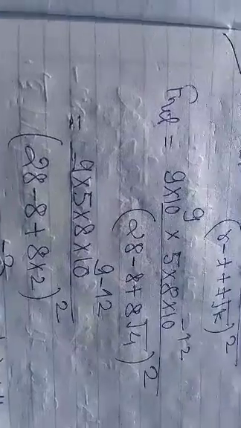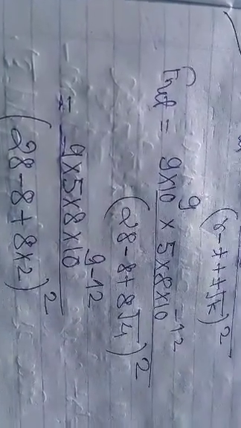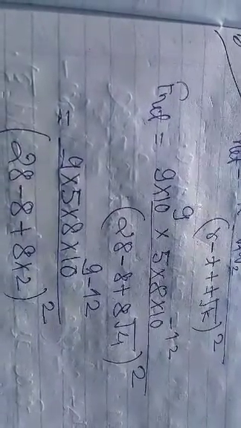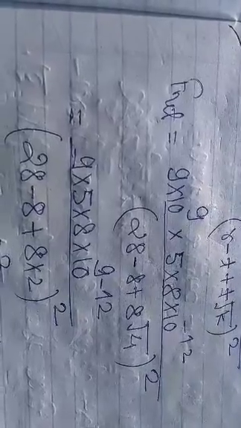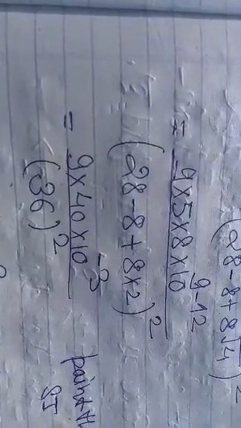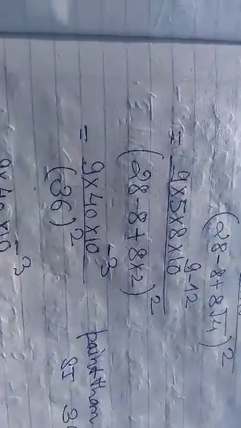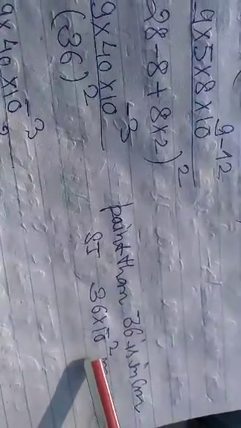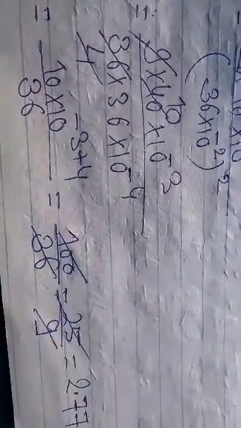By putting the values, K, 5 into 8 into 10 to the power minus 12, because 5 microcoulomb and 1 microcoulomb is equal to 10 to the power minus 6 coulomb. And putting in these values and solving the equation, we have to notice this point: in this section, the distance is 36 centimeter, but it is in the CGS system, so we convert it into the SI system and take its square, and by solving these equations we get the value of the net force, that is 2.77 Newton.